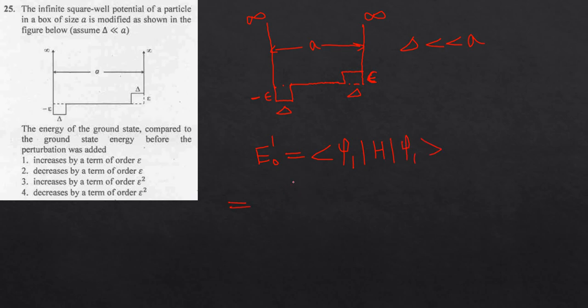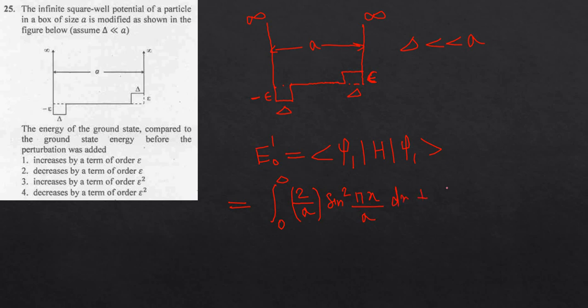So the perturbation in the range, initially it is in the range 0 to A, 0 to delta. The perturbation in the range 0 to delta, and psi1 will become 2 by A sine square n is 1 pi x upon A